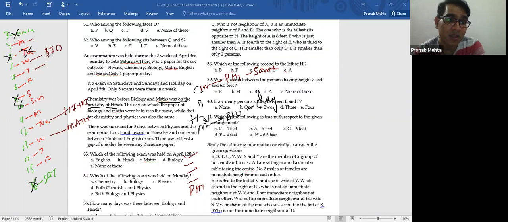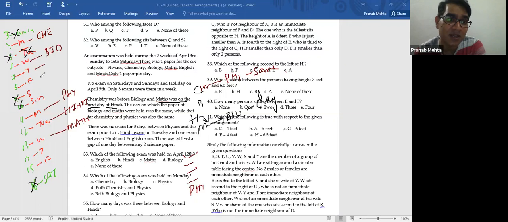But since chemistry and physics are on the same day, now understand one thing. Can I have chemistry here and physics here? Think and tell me. Since other data is ahead of physics, I should have a 3-day gap. So I cannot have chemistry and physics on Thursday, because they are on the same day and there should be a 3-day gap. So the best option is what? Tell me. Monday becomes physics here. If I put physics here, I know physics and chemistry are on the same day, so chemistry becomes here. Am I satisfying the criteria of a 3-day gap?